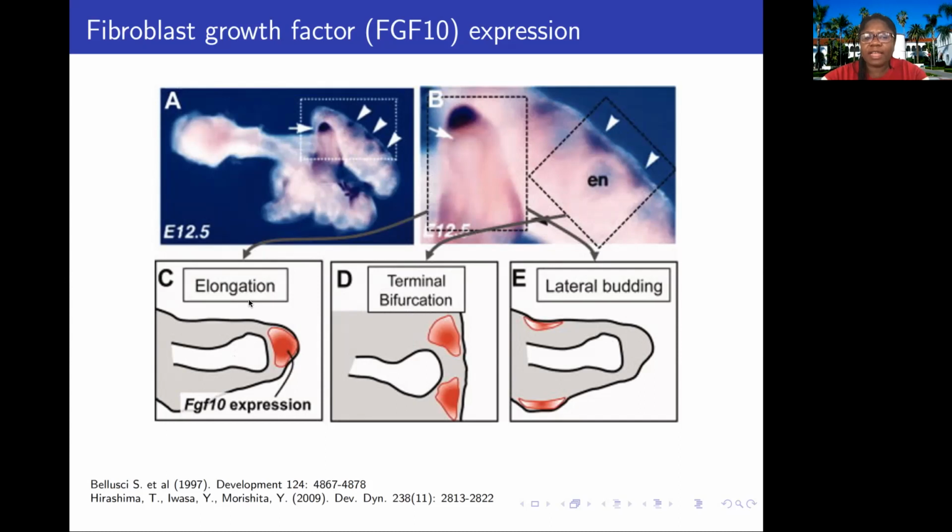You have an elongation. If you look at the insert in B, where you have a kind of split localization of FGF10, it's believed that with this split localization, the epithelium bud will grow towards these different peaks, and this will result in branching. And this is what we call terminal bifurcation. So it grows until at some point you have the splitting, and then it grows towards the different splits,